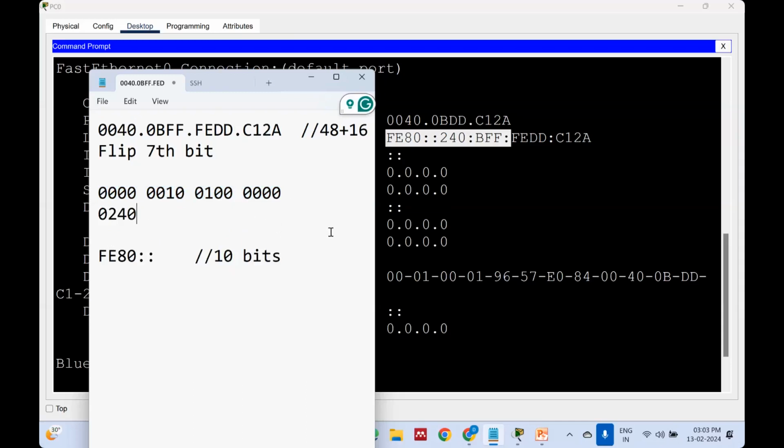What is the first rule? You can omit the leading zeros, right? So here we have a leading 0. So I'm going to omit this 0. Now I'm going to take these 3 and I'm going to replace here. Now this is the 64 bits which I'm going to add with the